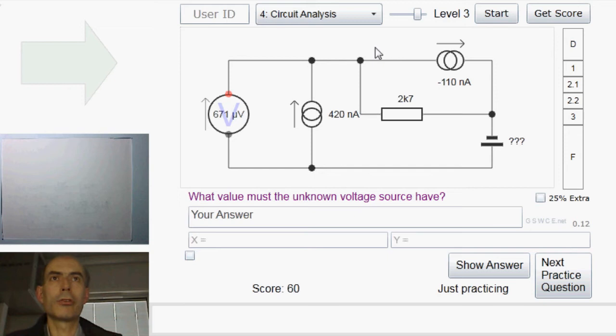So the total current flowing into this node at the top here would be 530 nanoamps. And all of that current must flow out through the resistor because no current can flow through an ideal voltmeter. So we've got 530 nanoamps flowing through a 2K7 resistor, which means that the voltage across the 2K7 resistor would be